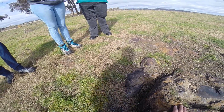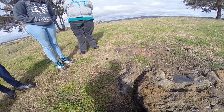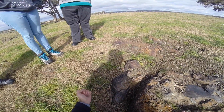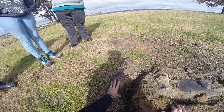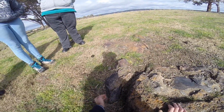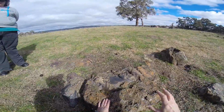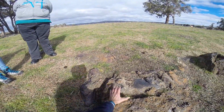How can I tell? Well, take the Stone Tools unit, ARPA 352, is that right? And you will learn everything about how stone tools are made and how to recognize them. But I can tell from the fracture, the signs of bashing on this ridge, that they were trying to get flakes to come off of this stone. All right, so what we'll do now is I'll just walk around this particular quarry to a number of spots and talk about what we can see there